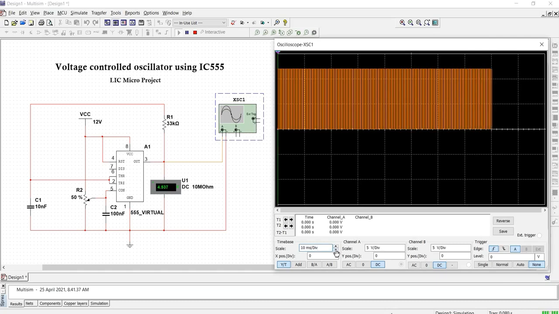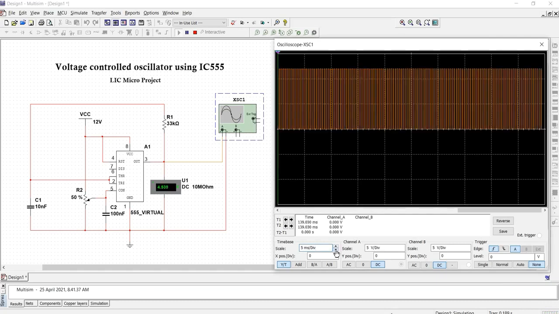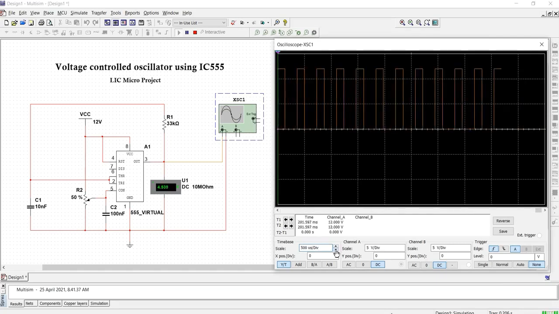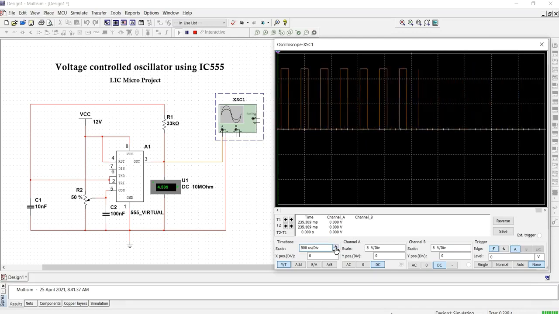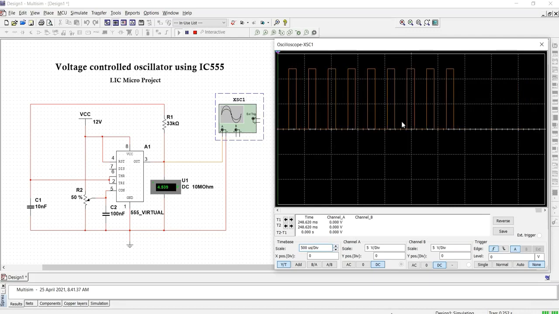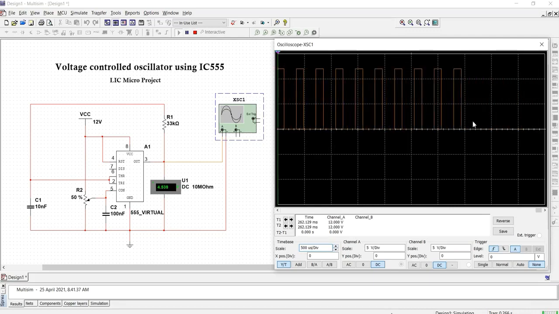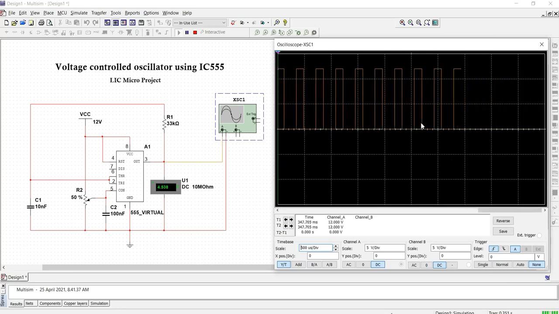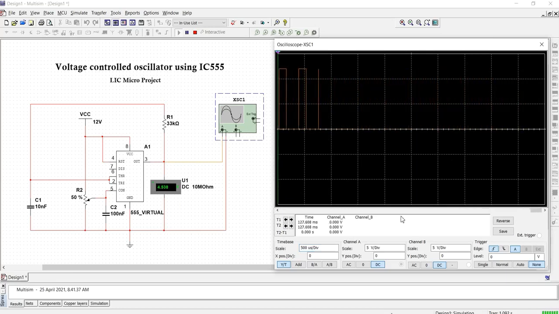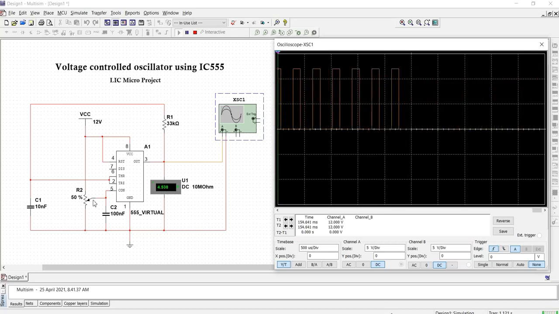To properly observe the square wave, vary the time per division scale. As output, the voltage control oscillator produced a digital square wave signal. Square wave signals can be in one of two states, either low or high.